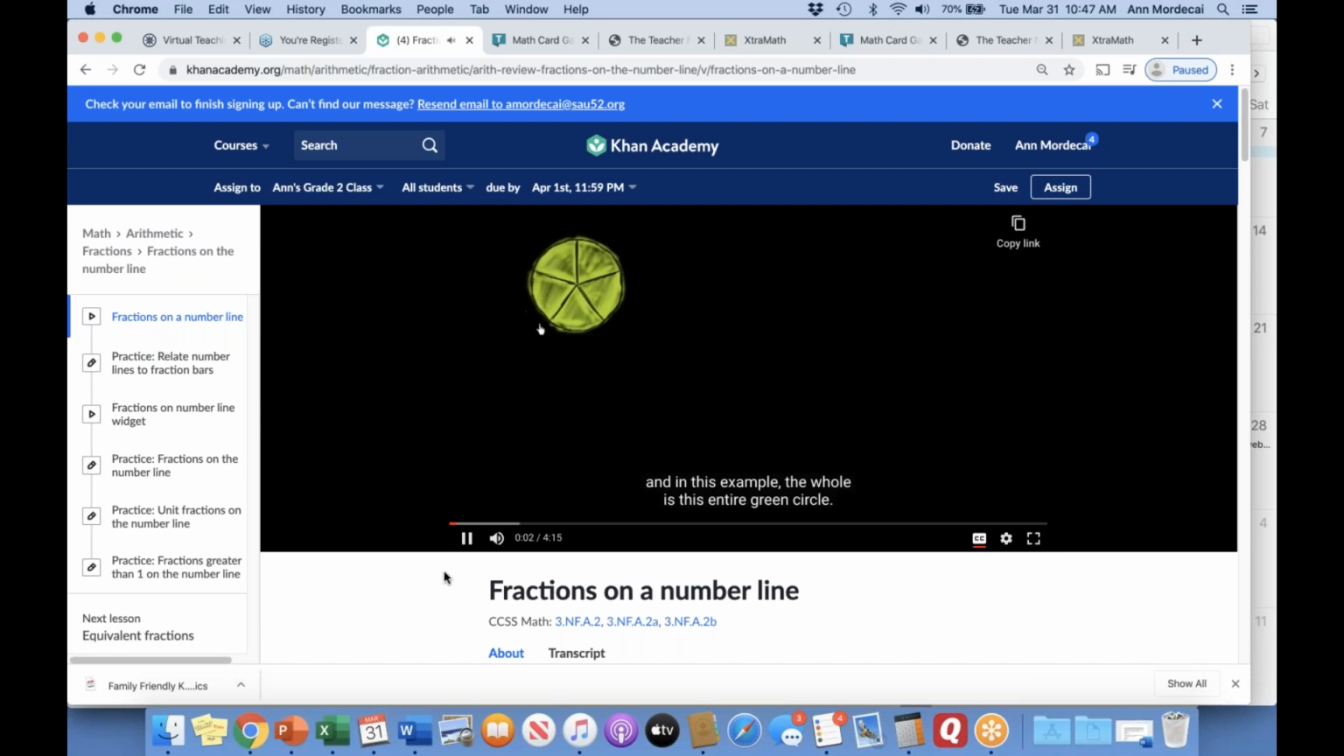If we take a whole, and in this example, the whole is this entire green circle. And if we were to split it into 5 equal sections, 1, 2, 3, 4, 5, so we split it into 5 equal sections. And if we were to select one of those 5 equal sections, so let's say we select this section right over here, that we have selected 1/5 of the whole, 1 out of the 5 equal sections. We could do the exact same thing on a number line. Everything we've been doing so far has to deal with